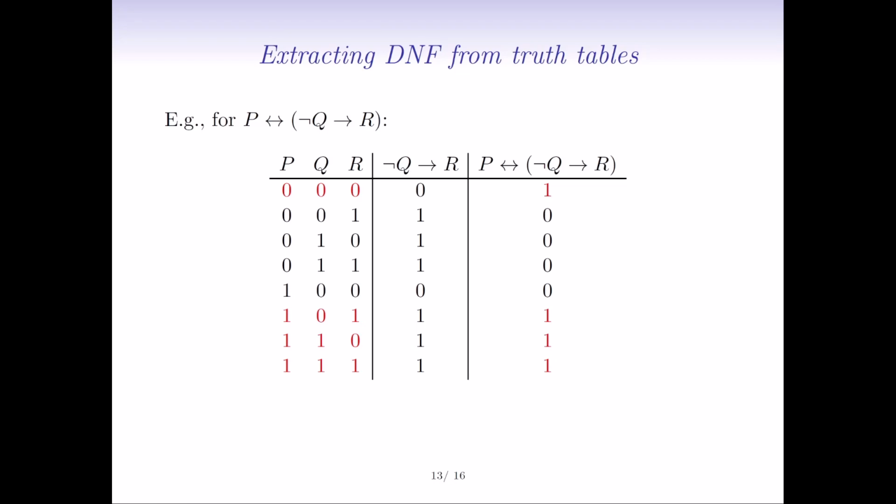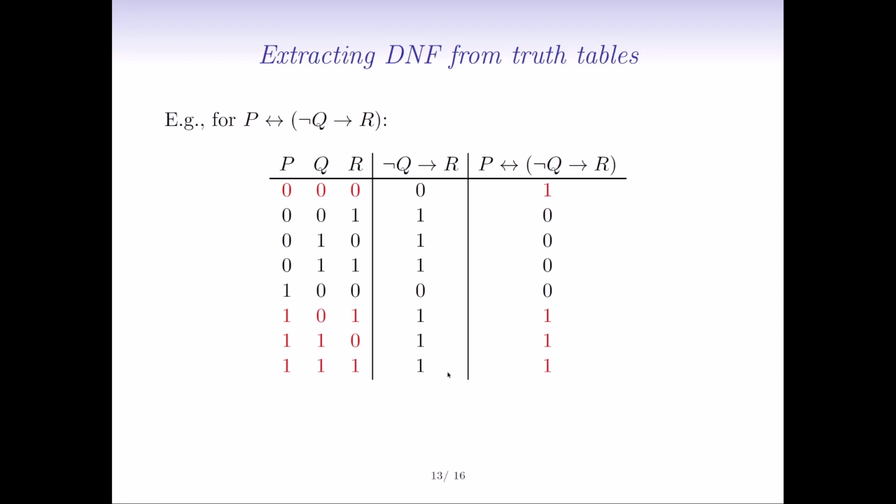We can say that P if and only if not Q implies R is true just in case either P and Q and R are all false, which is to say not P and not Q and not R, or if P is true and Q is false and R is true, and then 2 more possibilities